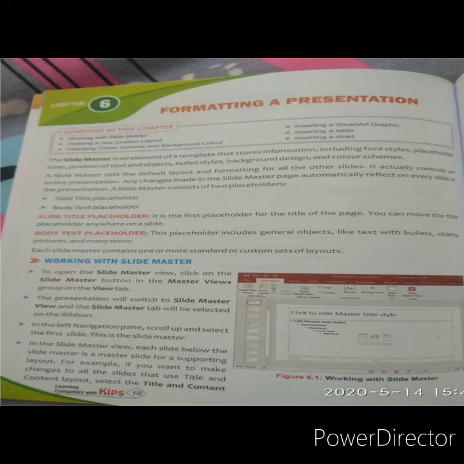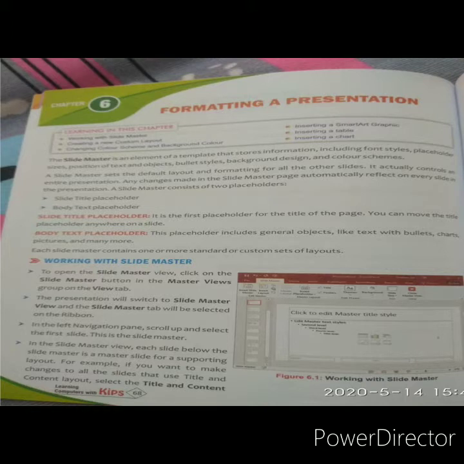Okay, placeholder size. Placeholder means, आप एक text वो जो dotted boxes होते हैं, that is called a placeholder. उनका size small, big, we can set this. Position of text and objects, हमारी जो text की position है हम left में रखना चाहते हैं, right में, center में. And objects like picture, audio, video, chart, table, these are the objects. Bullet styles, if you want to present some bullets in your presentation, what will their styles be? It can be dotted, it can be square, it can be rectangle.